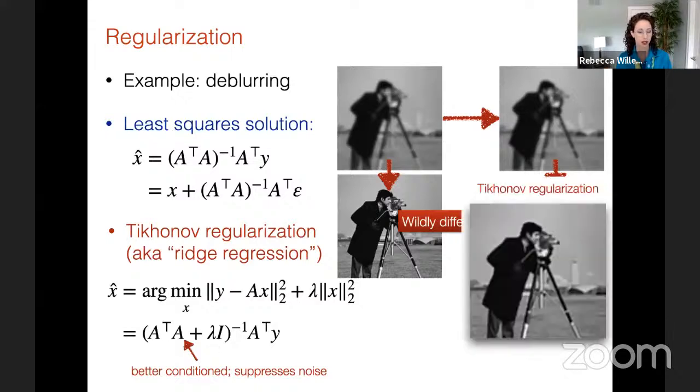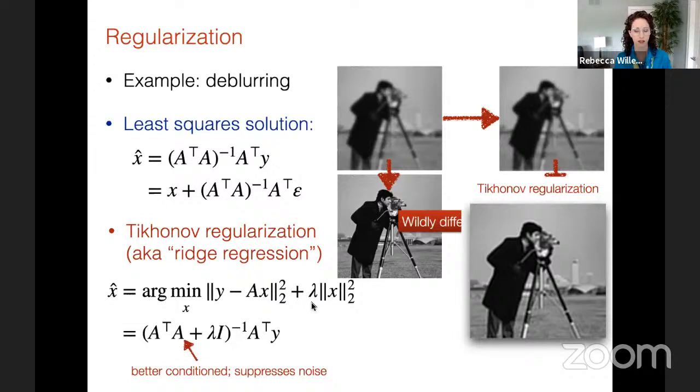And of course, this works quite well. We can see that we still have some ringing, it's imperfect, but by doing this Tikhonov regularization, we're able to do significantly better than least squares. So regularization is a general concept, and we've, in the intervening years and decades, looked at alternatives to this Tikhonov